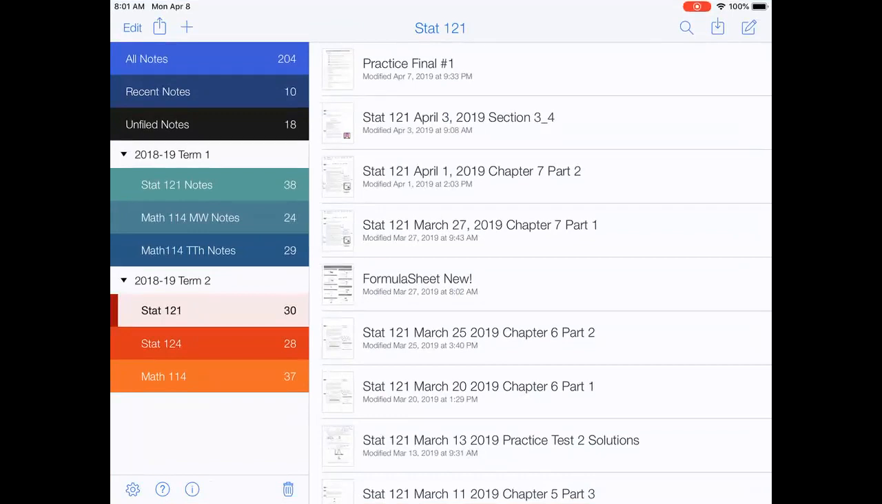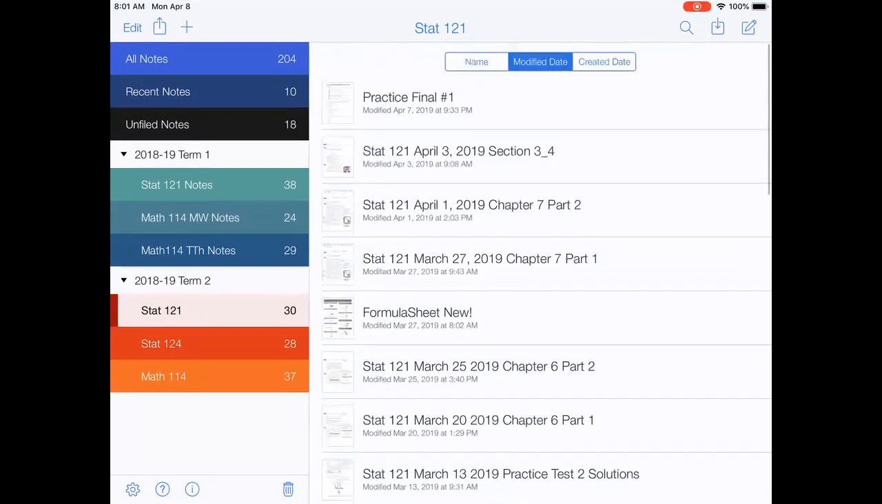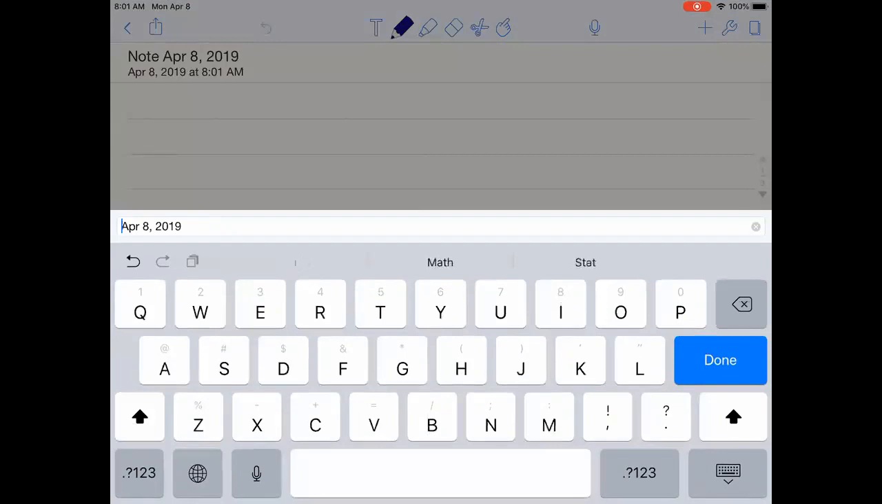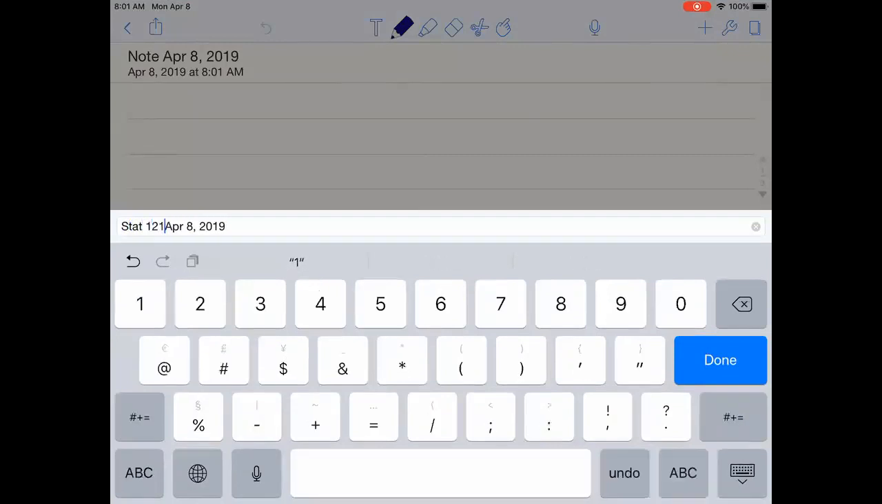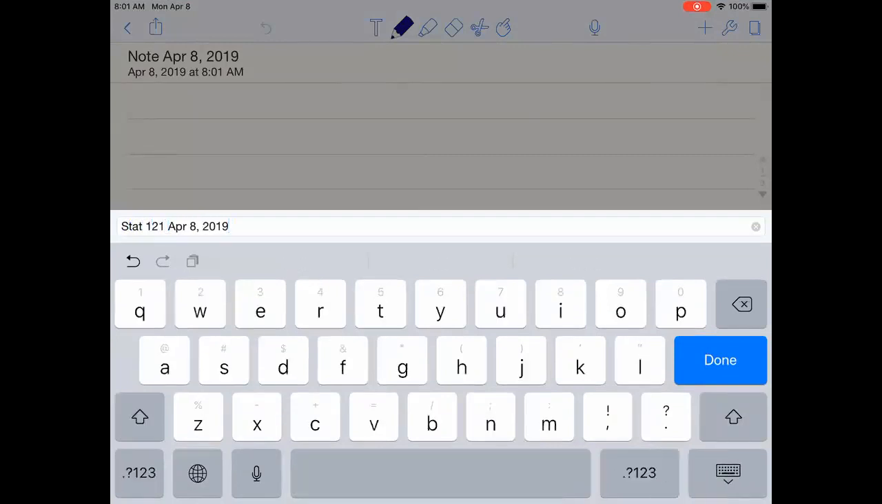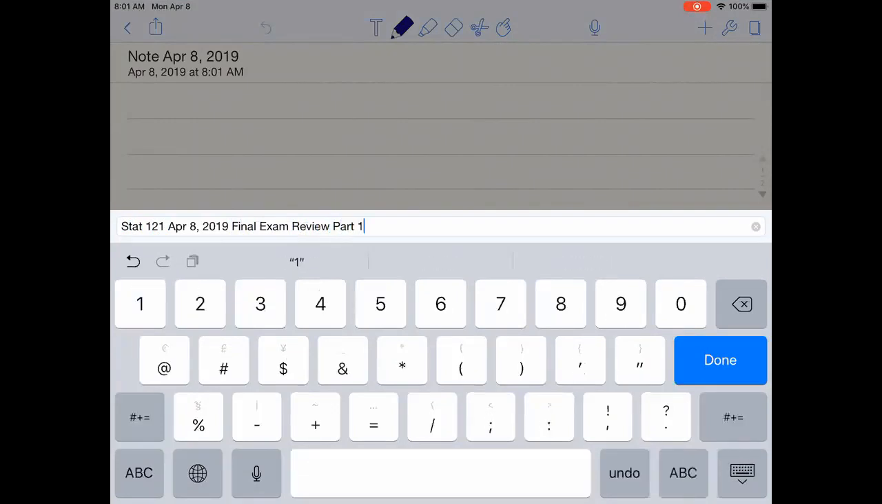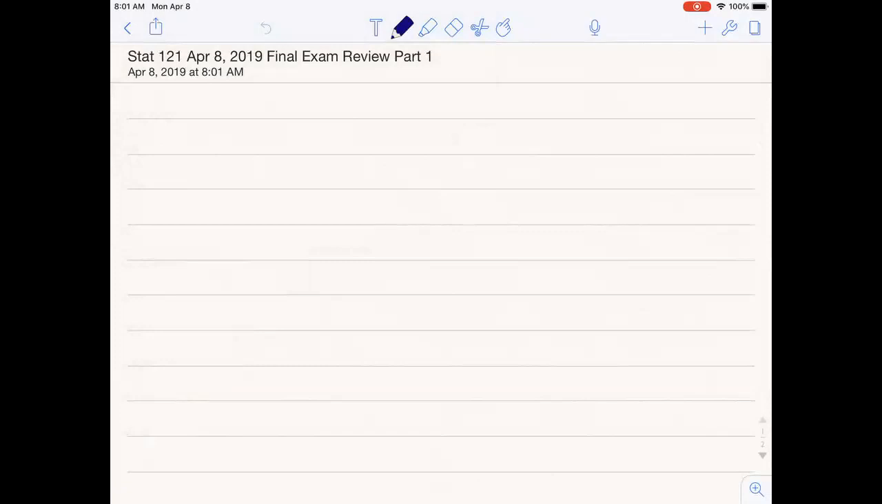We finished all the material last day. We had to kind of bump back and go to the binomial again, but today we'll start our review. So first thing I want to do is just go through and give you an idea of the format of